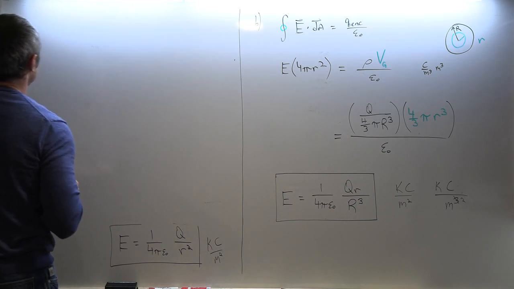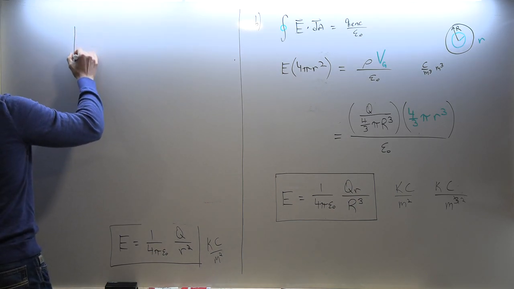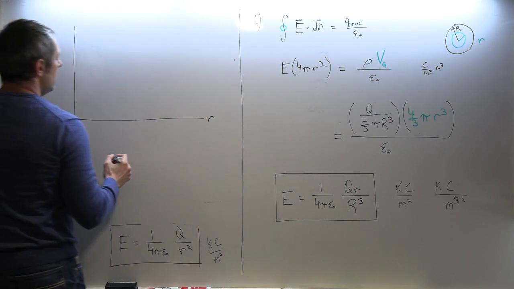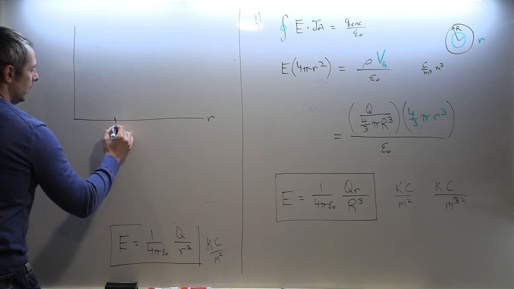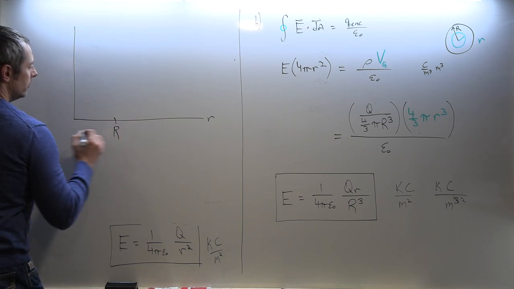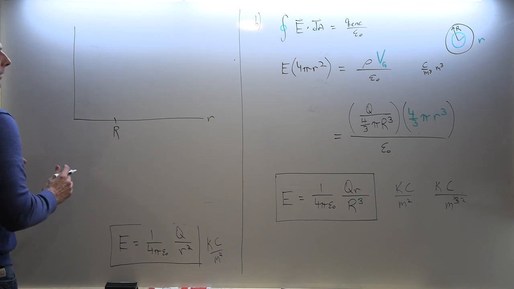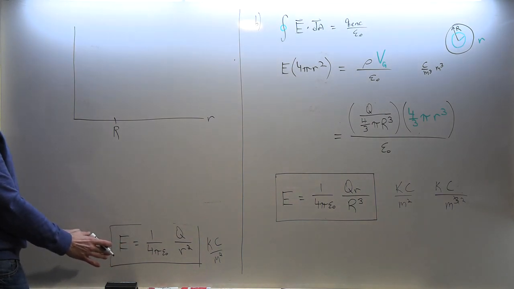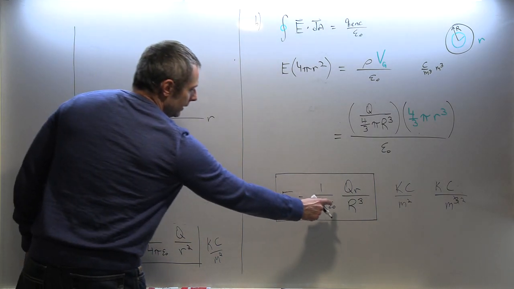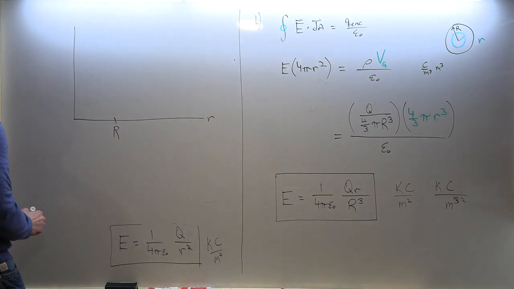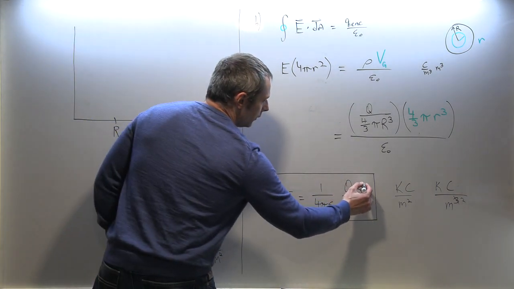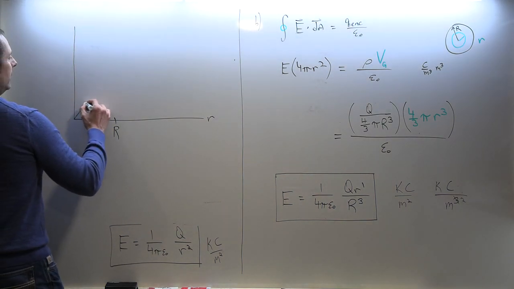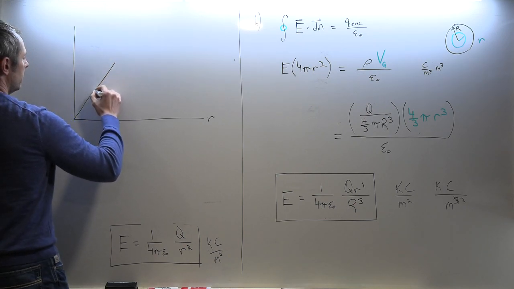Okay, let's now sketch the graph. We have electric field versus radius. The key point is right here, the radius of the sphere. That's where we go from one formula inside the sphere to the other formula outside the sphere. The formula for inside the sphere, for r less than capital R, is a linear graph. This is r to the 1 power. All the other constants just change the slope, but the graph is linear and rises to,